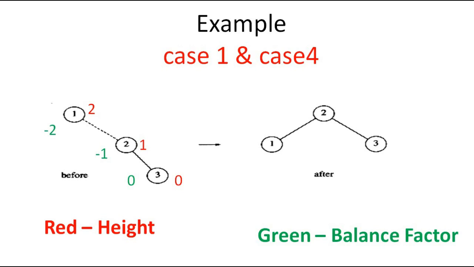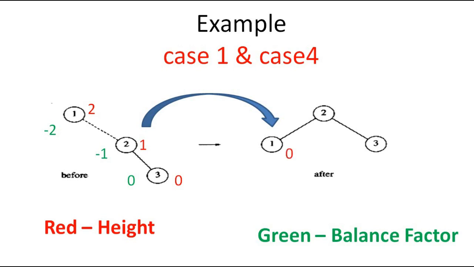Then you have to check root node balance factor. There is no left subtree, so you have to consider as -1 minus 1. So now the balance factor is 2. So if the balance factor is affected in the root node, we have to do some rotation. That is called as left rotation. You have to convert this tree into another form.